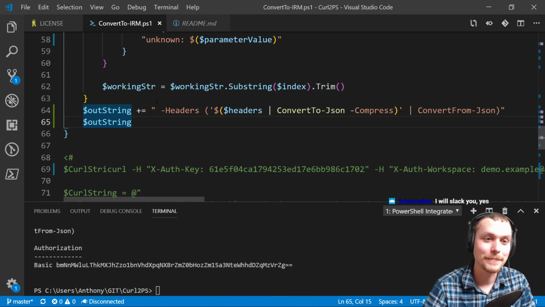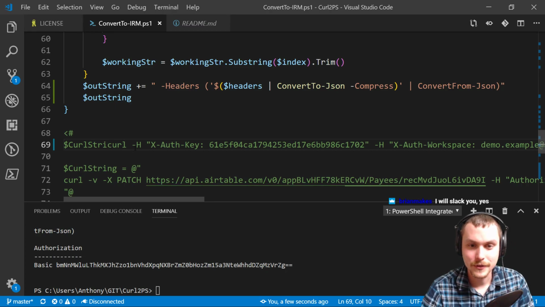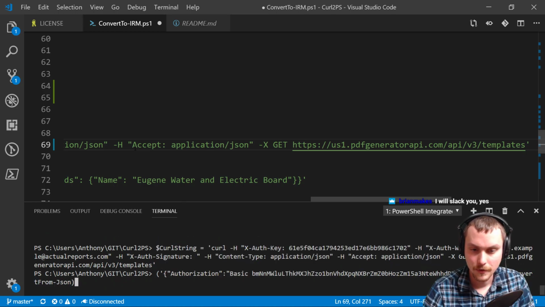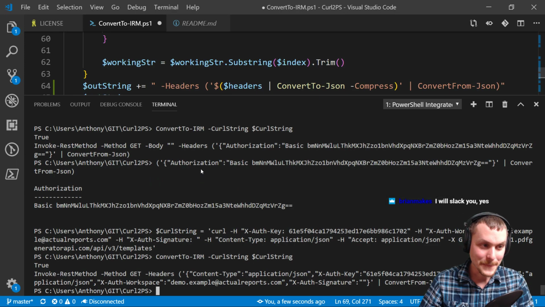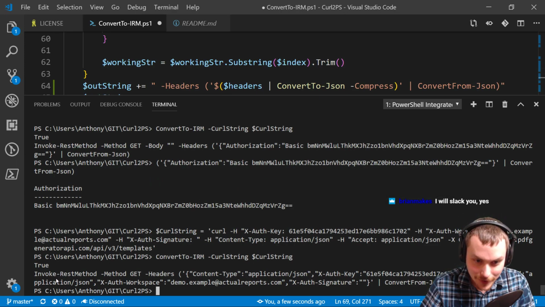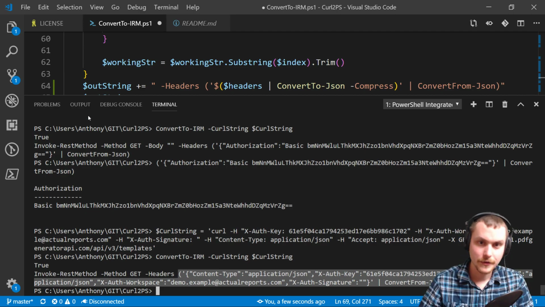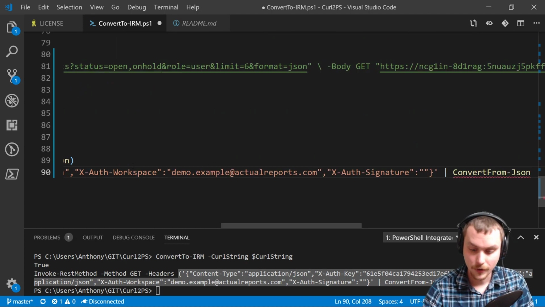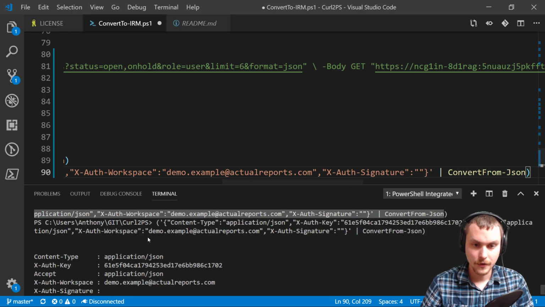But anyway, to finish this up, I think I had another curl string I wanted to try. Curl string equals... so this is basically working. Invoke-RestMethod get headers. So there's that headers convert from JSON. Okay, I'm gonna take that. I'm just copying and pasting these headers out of there and seeing if they actually come out right. And yeah,